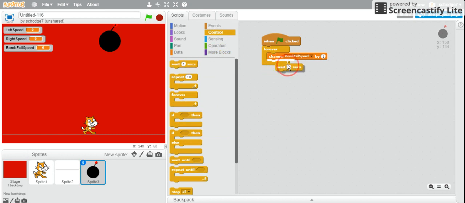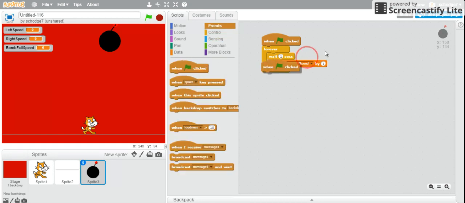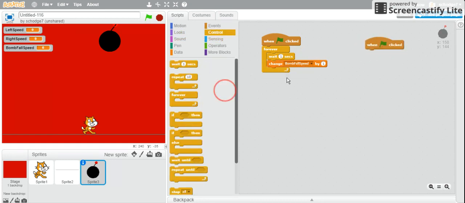Here we go. And what is recommended is, since the game doesn't finish right away and the bombs skyrocket down, you might want to put a wait 1 second, so every 1 second the bomb fall speed changes. And then we're going to add another forever loop. And then this is where it gets a little complicated. So first, we're going to add wait 1 second, and then we're going to add